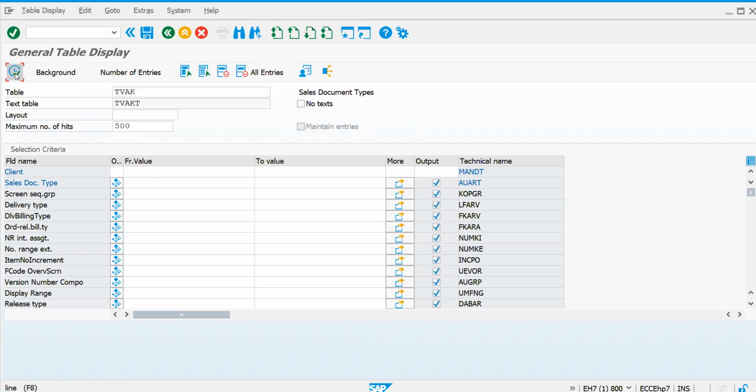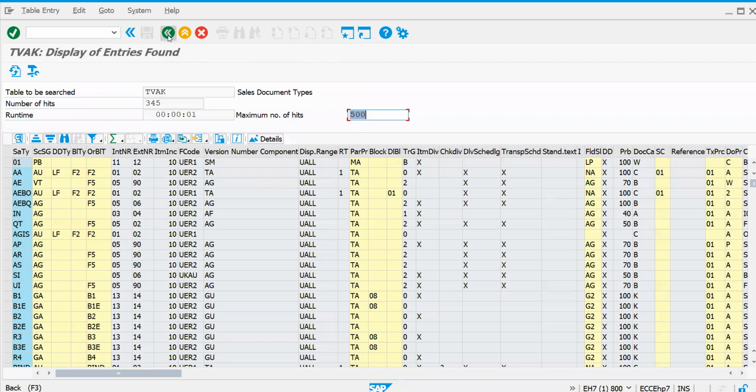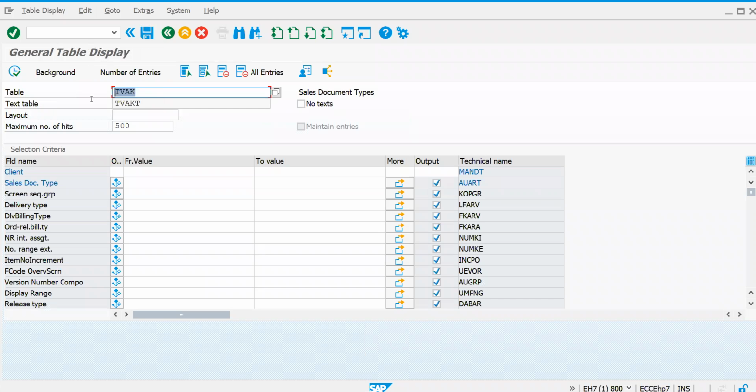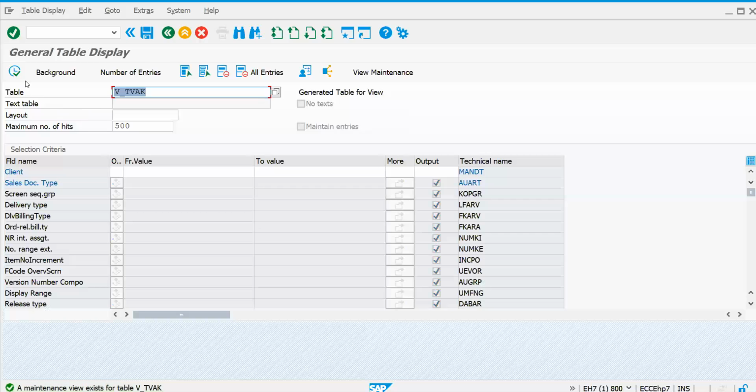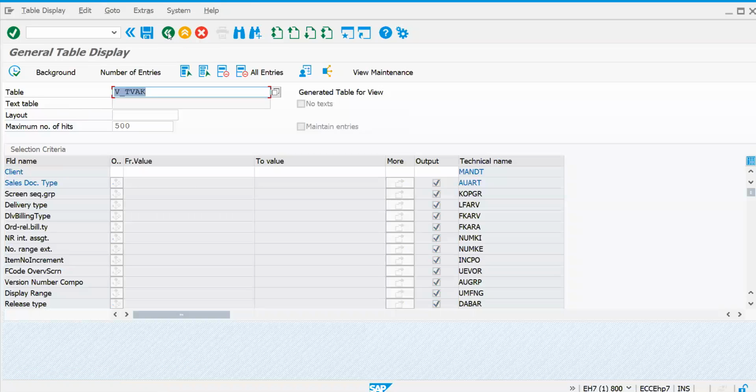TVAK means you can see all your document data here. In a similar way, there is a view, V_TVAK, because this view is sometimes used in your document types definition. This is basically the view, the direct table for storing your transactional data.